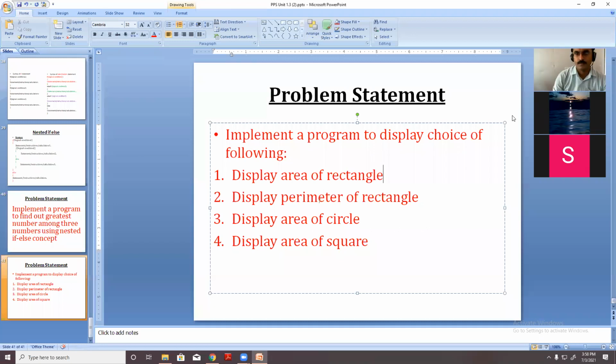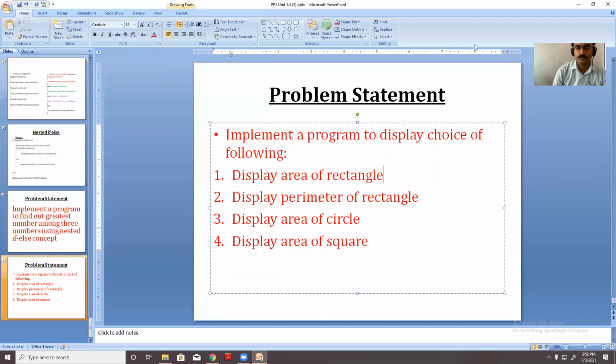Okay, so what program we need to implement? We need to implement a program which should display the choice. Now when the question is like this, I came to know I need to use here switch case program, where if I enter choice 1, it should display the area of rectangle.